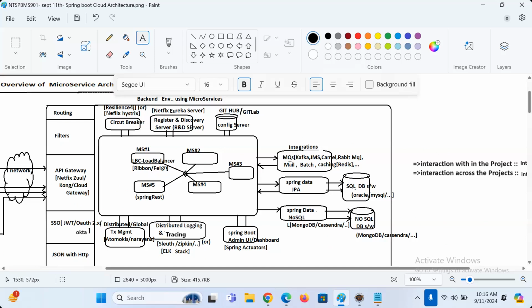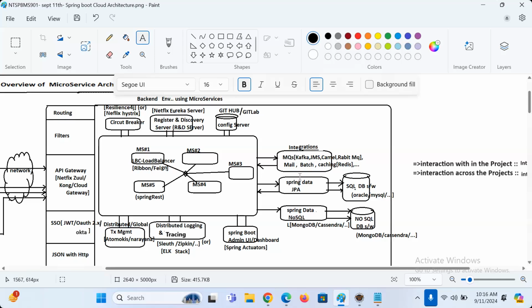These microservices use what? Message queues. Kafka, JMS, Camel, RabbitMQ, guys. These microservices will use these concepts for messaging-based communication.